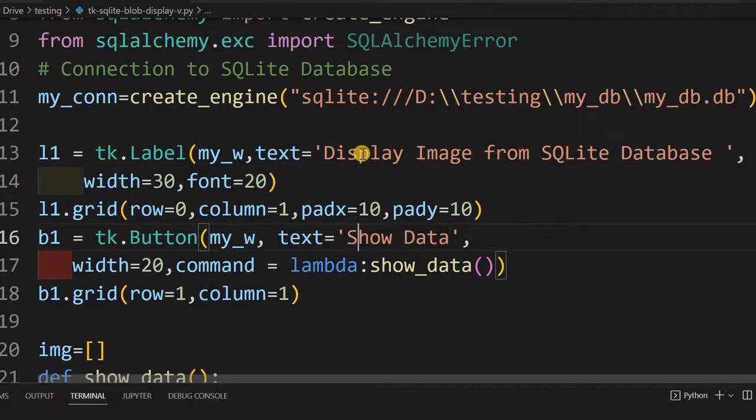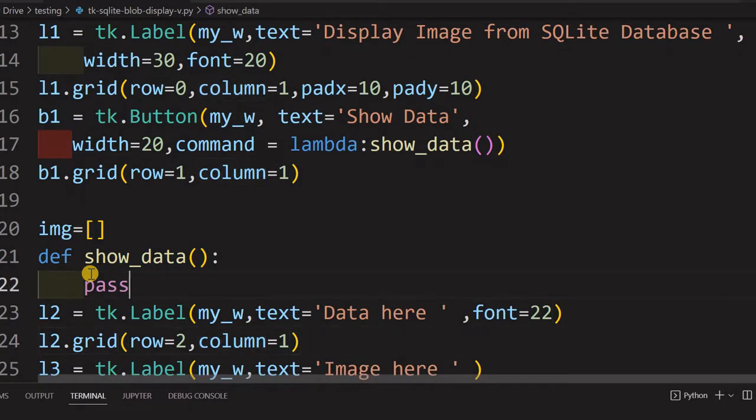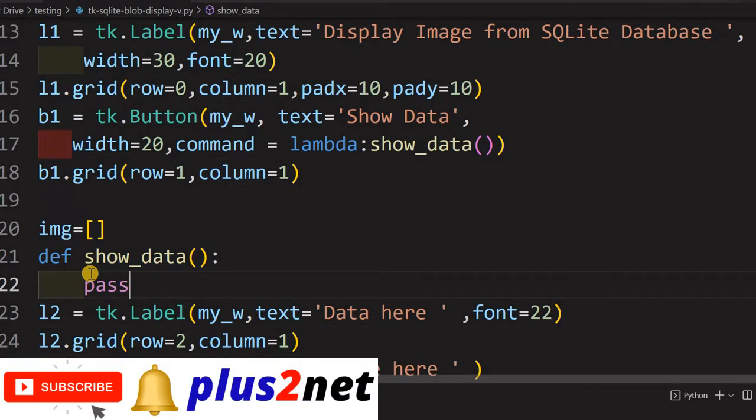Then one button. When we click this button, the data will be displayed. So on click of this button, we'll trigger this function show_data. That function we have not yet written. Inside this we'll write our stuff. This is where the important code will go, which will collect the data from the database and display it